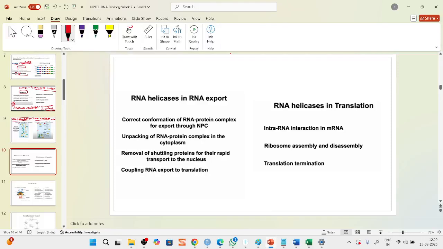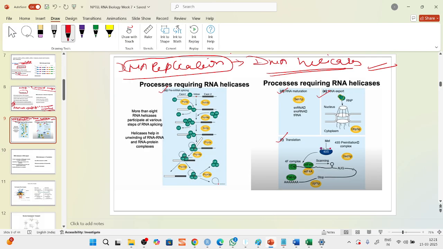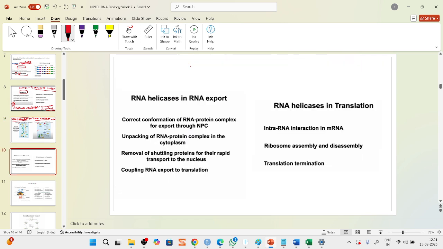Okay. Next is RNA helicase in RNA export. Here we were seeing that they are involved in RNA export also. So how are RNA helicases required in RNA export? Let us see that. Correct conformation of the RNA protein complex is needed for the export through the NPC. NPC stands for nuclear pore complex. So what does it mean? Correct conformation of the RNA protein complex for export through the nuclear pore complex, unpacking of the RNA protein complex in the cytoplasm, removal of shuttling proteins for their rapid transport to the nucleus, coupling